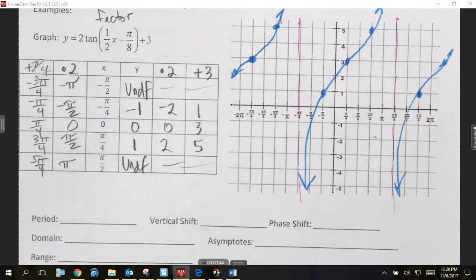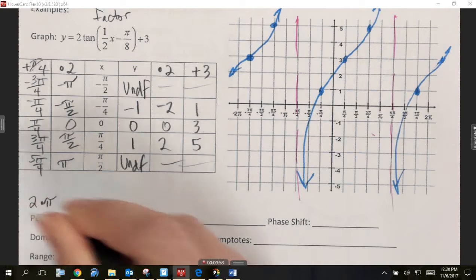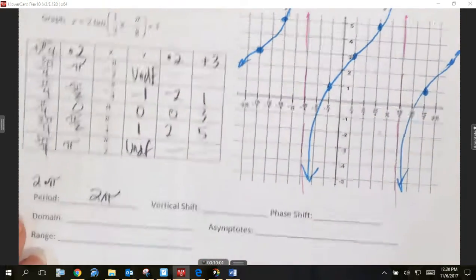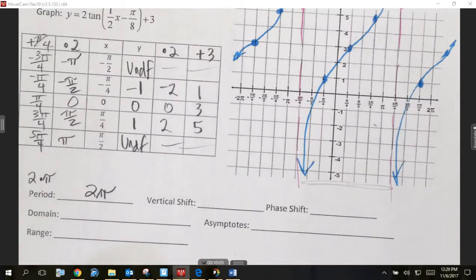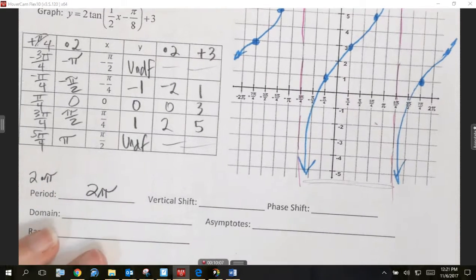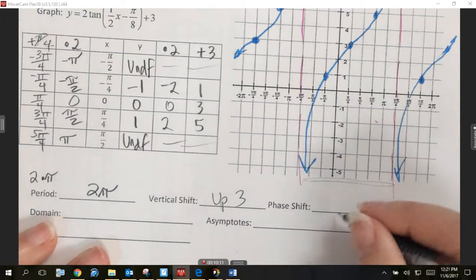So because we had a horizontal stretch, factor 2, that's going to affect our period. Normally it's pi, but since we're stretching it by a factor of 2, we're going to take that pi and multiply it by 2. Period is now 2 pi. If you look at the graph, the asymptotes are 2 pi apart. Vertical shift is up 3. Phase shift, remember, is the left to right. So right,